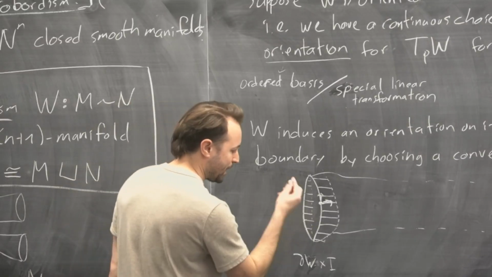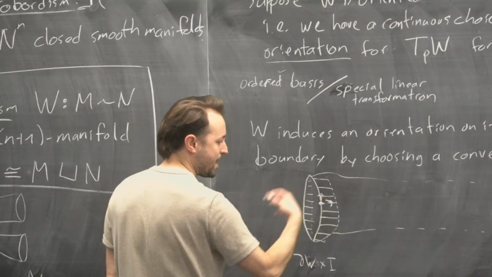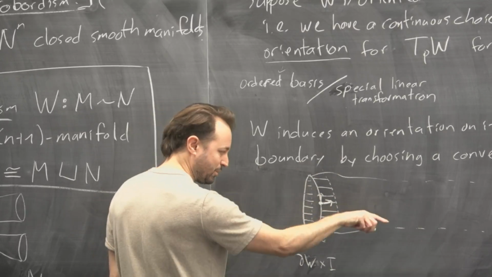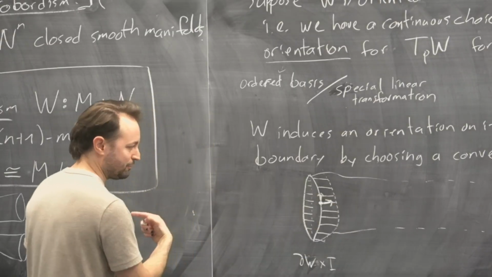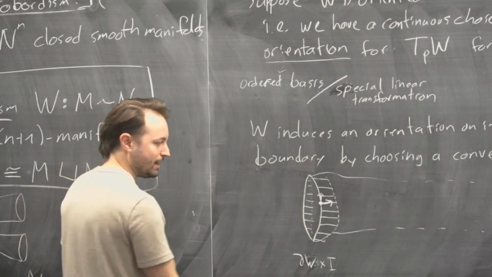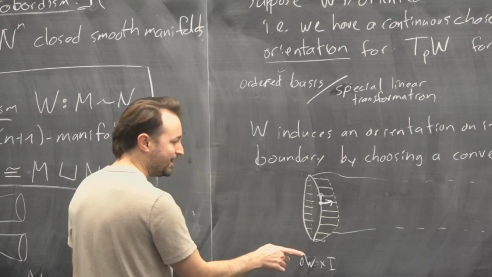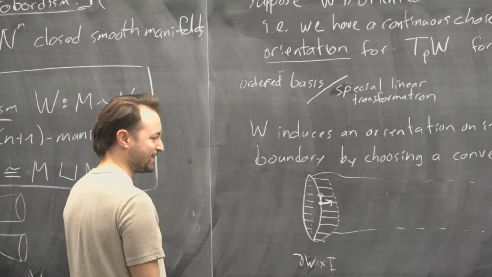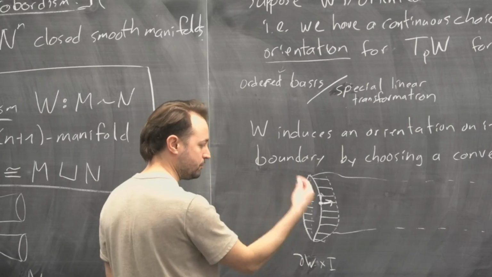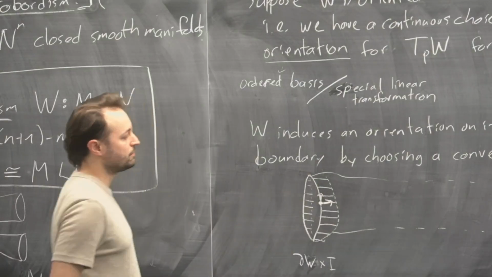So by making various choices of convention about whether you want the orientation on the manifold to define an orientation on the boundary using an inward pointing or an outward pointing normal vector, this is a choice of convention that you have to make, and we're going to choose an inward pointing normal vector. This is kind of a hard thing to get used to, but I'm just trying to nail home the idea that an oriented manifold induces an orientation on the boundary, as long as you fix some convention about